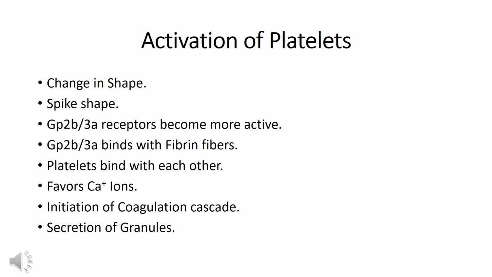With other platelets and fibrin, a very strong binding can occur, which is how fibrin is involved in the formation of the meshwork. So platelets bind with each other through fibrin by the GP2B and 3A receptors. Of course, deficiency of 2B and 3A can also damage platelet plug formation, but deficiency of 1B or von Willebrand factor can cause more damage, because more bleeding can cause more side effects.